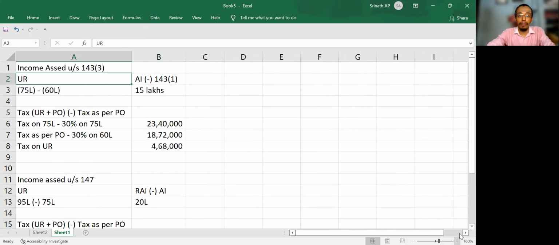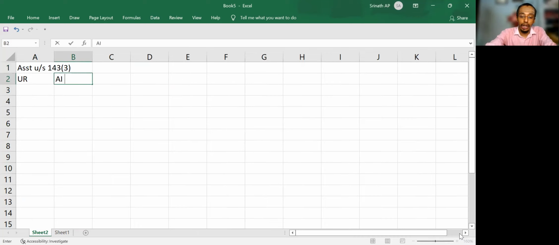Underreporting of income would be equal to assessed income minus 143(1) income, which would be 62 lakhs minus 45 lakhs, which gives you 17 lakhs. In the same manner again you have to compute tax